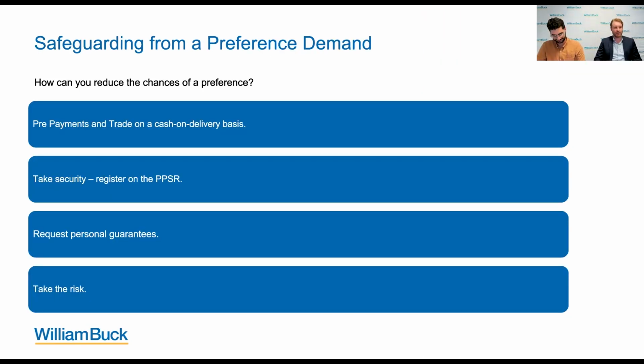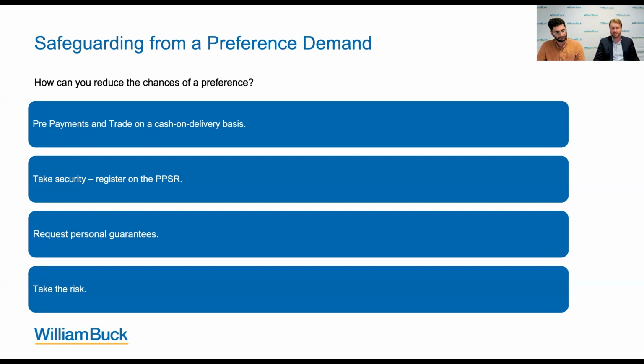It's worth touching on some safeguards and processes that you or your clients can put in place to reduce the chances of receiving a demand for a preference payment. First of these being working with your clients and possibly putting in place some kind of prepayments process where customers are paying in advance for services provided, or even a cash on delivery type of arrangement. So you're actually not in the business of providing credit to these customers, and therefore not gaining anything ahead of any other creditors of the company in a liquidation scenario.